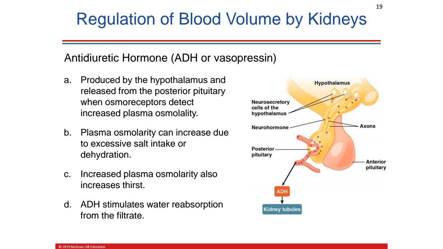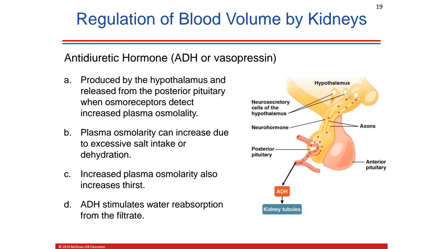So why would blood plasma osmolality increase? It could be due to excessive salt intake or dehydration. So one of the effects of this activation of these osmoreceptors in the hypothalamus will be increased thirst. So a person would drink, and of course that would help to dilute the blood and decrease the osmolality of the blood. The other thing that could happen is you could try and retain water within your body, and that's